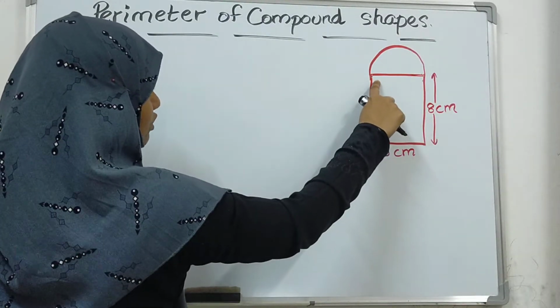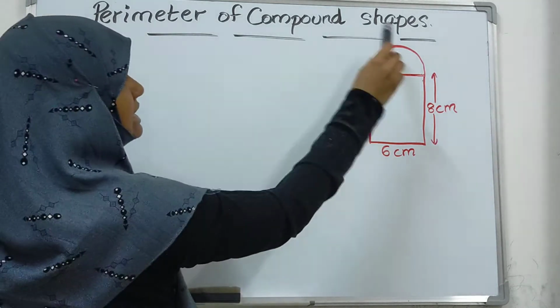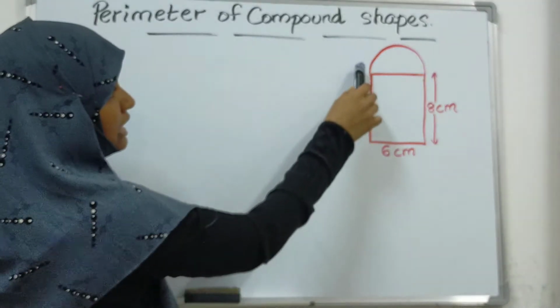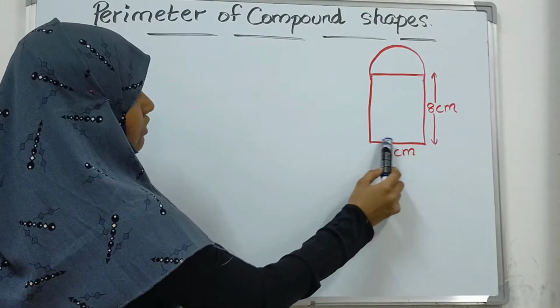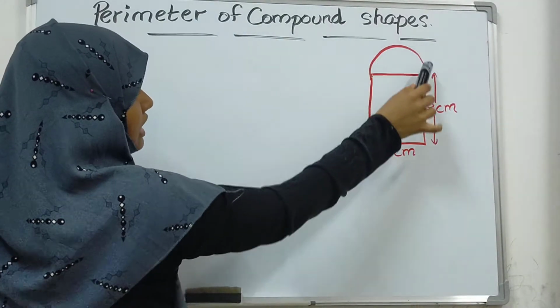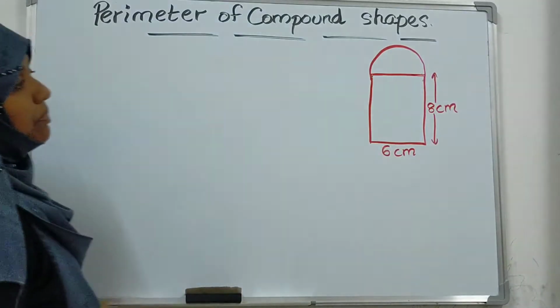Okay, so we have two shapes and I want to find the perimeter of this shape. And perimeter, we know, is just finding the distance around the figure, which means we don't need to find anything which is inside the shape. We are just finding the distance around the figure. How do we find the perimeter of this shape? We cannot find it directly. For that we have to find the perimeter of the different shapes separately.